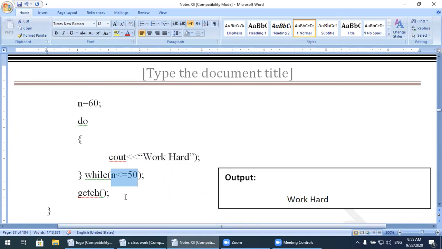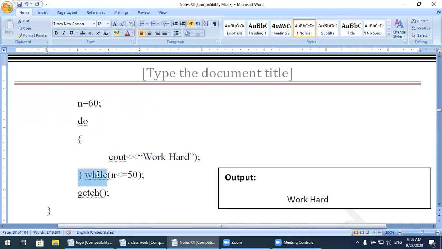When the condition becomes false, it will still show me the result, work hard, on the screen. Why does this appear on the screen? Because before the condition is tested, this statement will be executed one time. Watch here, first control will transfer inside, then this line will be executed, and when this line is executed, this message will appear on the screen.